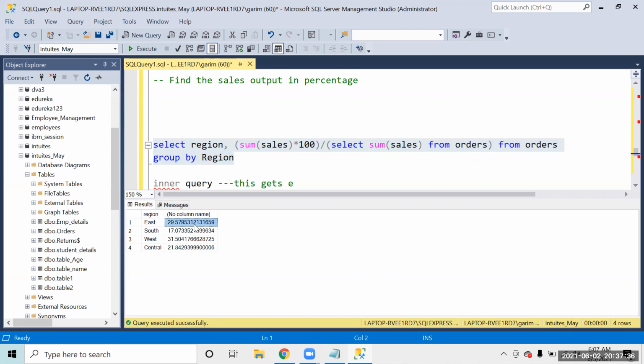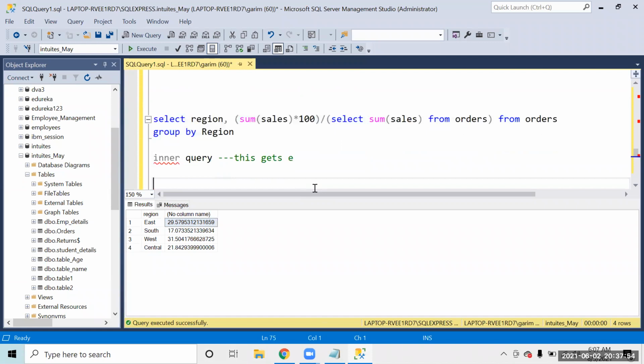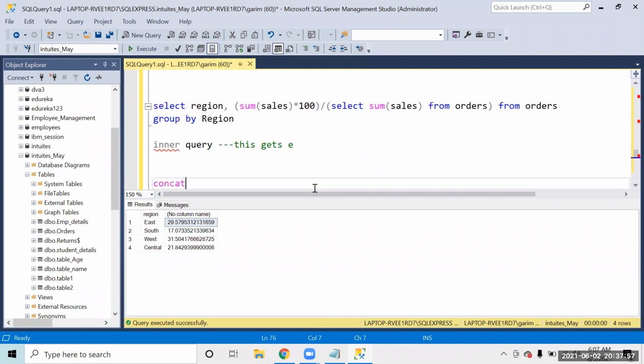Amit, one question, I don't know whether it is silly. In Excel, we have the concat function to add text to the values. Do we have anything like that? Because I want to see this as an exact percentage. I want to append this percentage to the column value. So basically we have the concat function itself. Suppose I say select concat A comma B. This concat function will combine these together and give the output as AB.